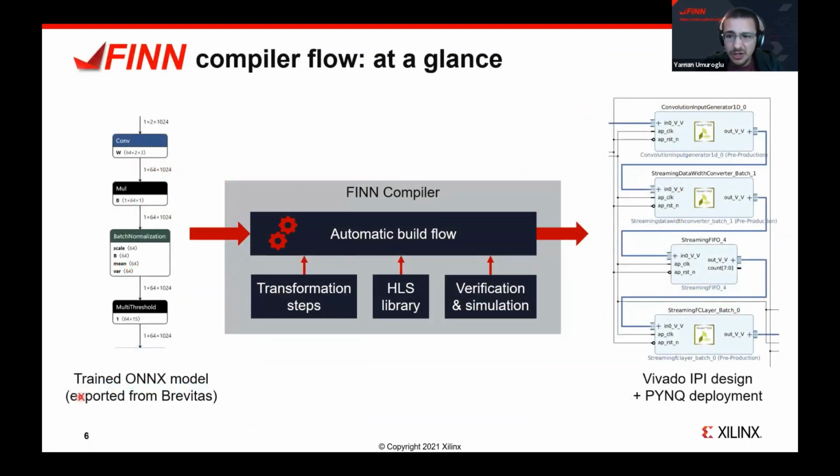But what does this DNN to hardware flow look like in practice? There's nothing quite like actually getting your hands dirty with this, and that's what we would really like you to do. But here's a quick overview of the FINN compiler flow to give an idea. So here we have our input model, exported from Brevitas in a specific flavor of the ONNX format with additional quantization information. It's essentially a graph of layers. We have convolutional layers, batch normalization, etc.